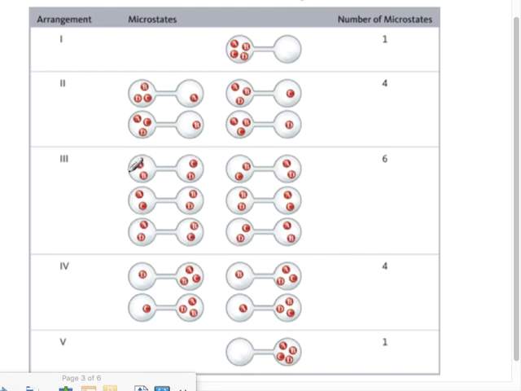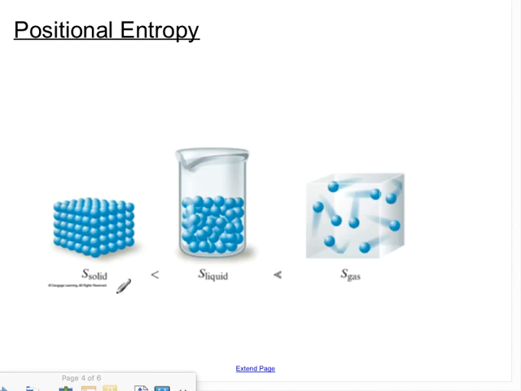Right? So it has higher, we call it positional entropy. Let's expand this idea to describe solids, liquids, and gases. If we think of the entropy of position, if I have a sample like a mole of a solid, there's lots of ways that the atoms could be arranged in a solid, because the atoms can move a little bit in their spaces, but that same amount of substance as a liquid,